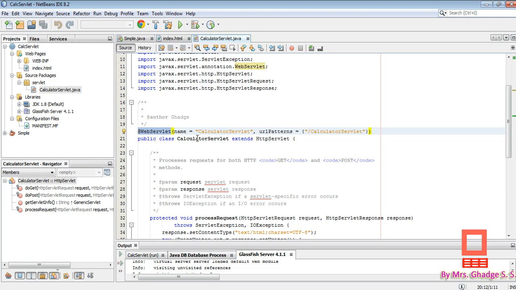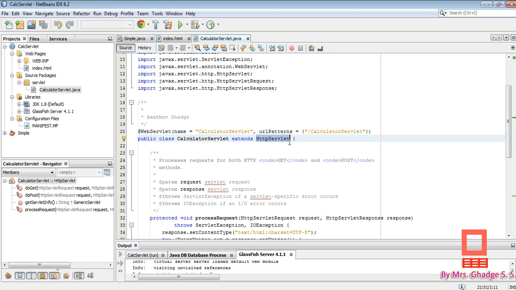Here is the class created. The annotation @WebServlet has two attributes, name and urlPatterns. The name is the class name itself. Next is the class CalculatorServlet, which extends HttpServlet. Every class that wants to be a servlet must extend this HttpServlet class.